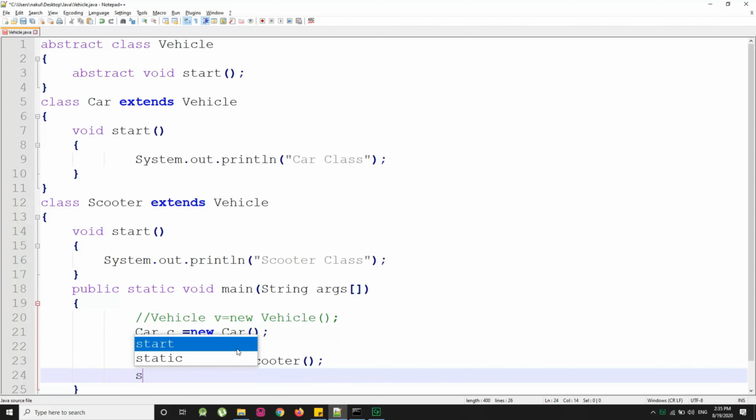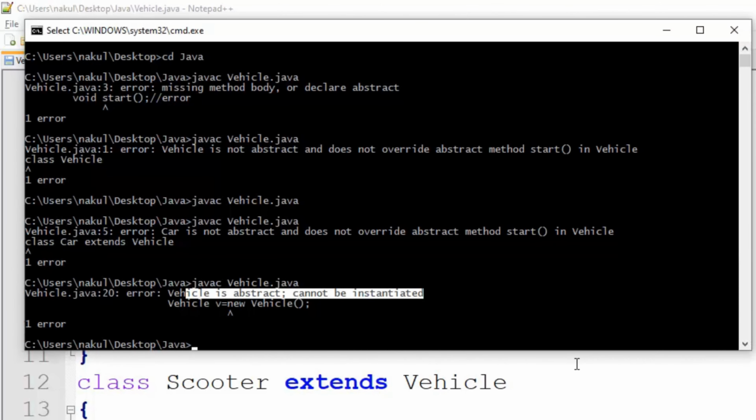Now let us save this code again and try to run it in the command prompt. So we have the command prompt here, then javac Vehicle.java and the program gets successfully compiled.